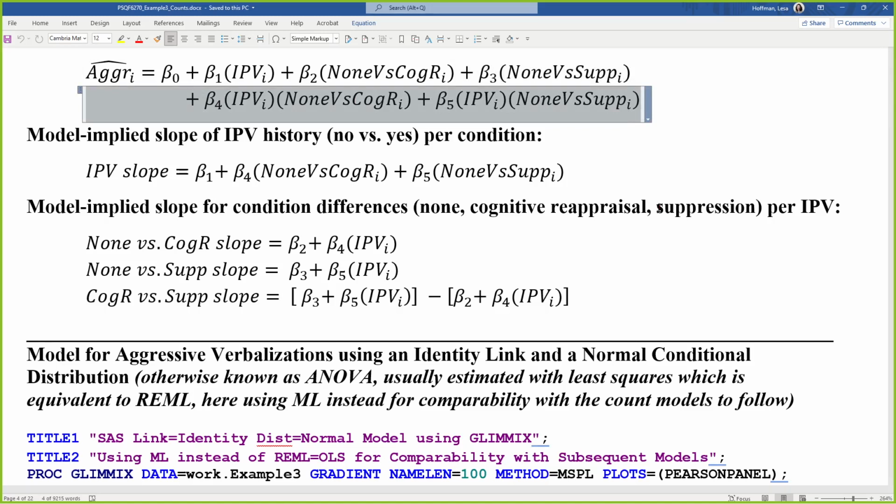Whether or not the effect of IPV varies across instruction type, or whether the effect of instruction type depends on whether you have a history of violence or not. You can think of it either way. In her case, condition was a manipulated thing where she randomly assigned and she gave them different treatments, and so that's the effect she cares about, and she's thinking of IPV as the moderator, because that's a pre-existing difference that they walked into the study with that she measured instead of manipulated.